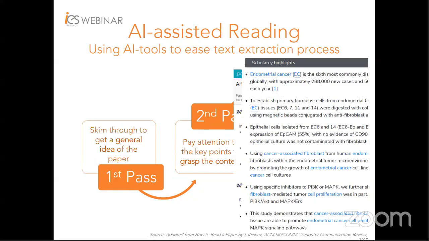These automated key point capturing features AI tools have to offer, in general, speeds up the reading process of full text in a structured and consistent manner. What once required hours of reading and rereading could now be reduced to a few minutes. However,